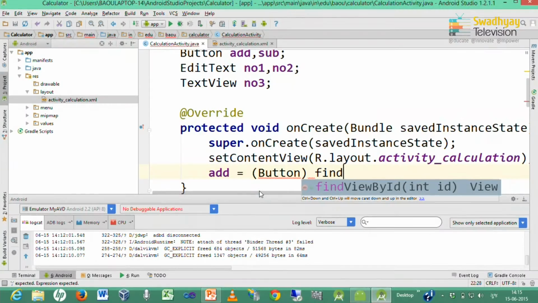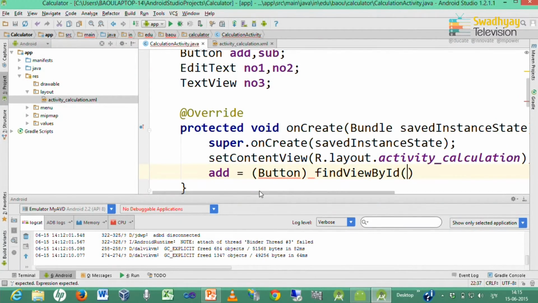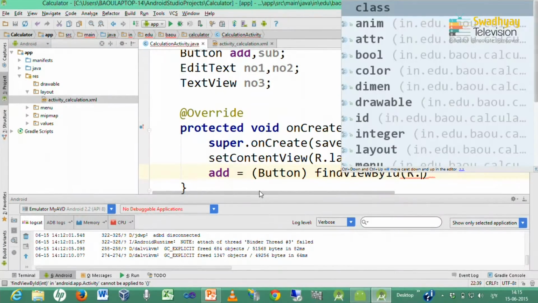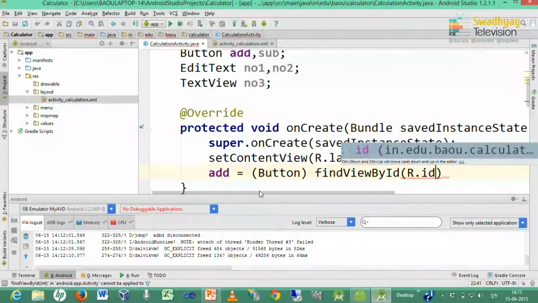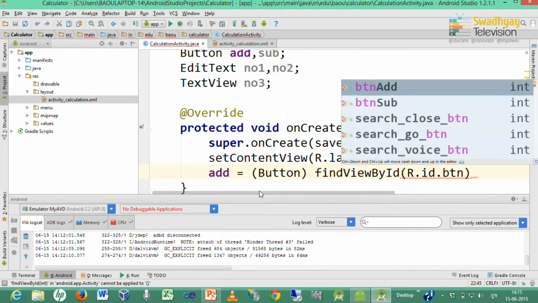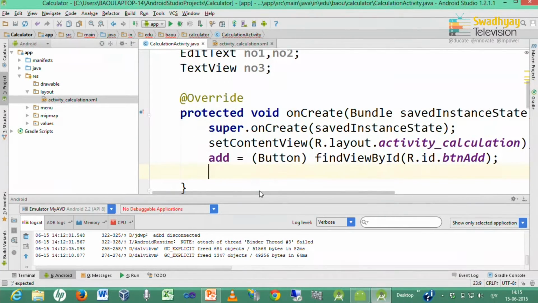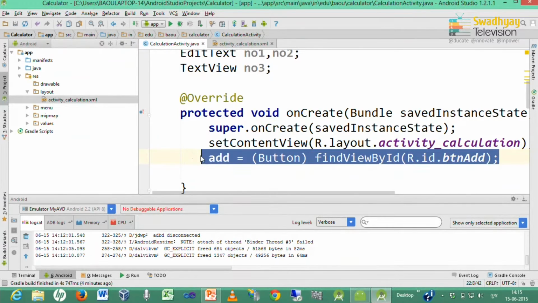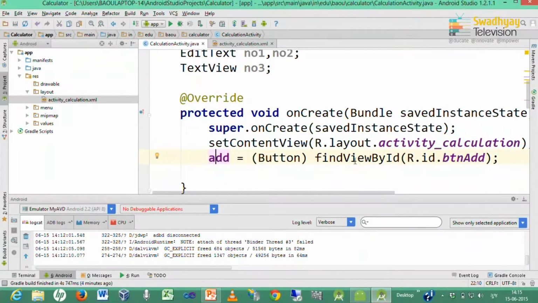So, I use a method called findViewById, and every id starts with R.id. So, our name is button add. This line tells the program that add is a button which represents btn add in our interface.